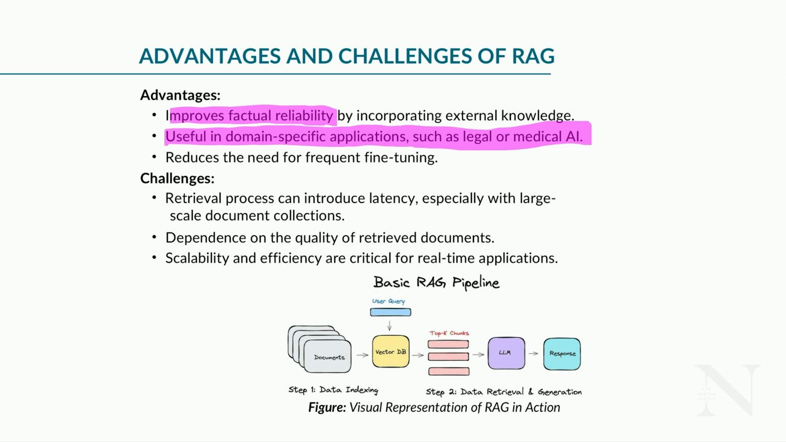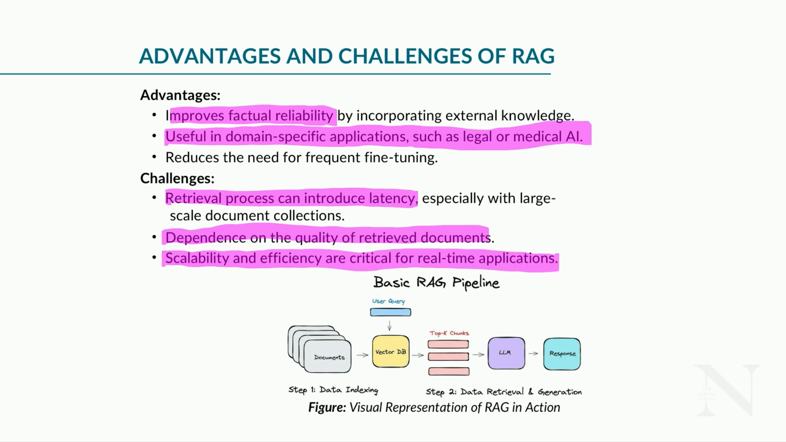However, they also have challenges. The challenges could include dependency on the quality of the retrieved documents. The retrieval process can introduce latency and make the model a bit slow. And also, scalability and efficiency are critical for real-time applications, so this might be a bottleneck for applications with